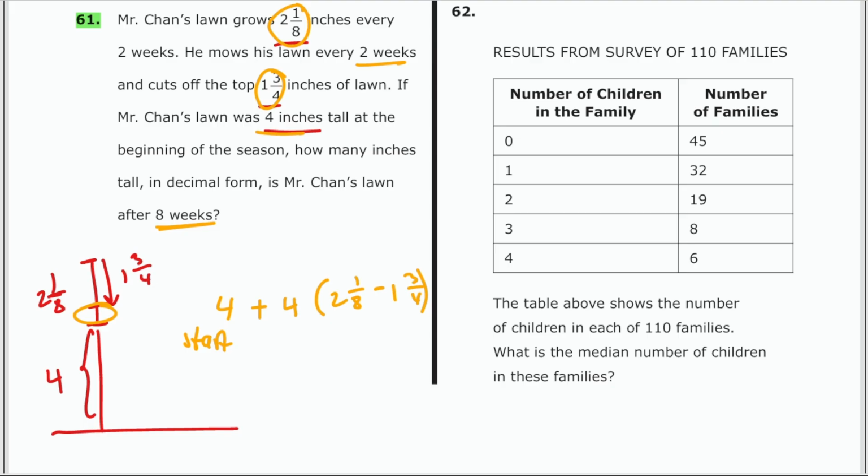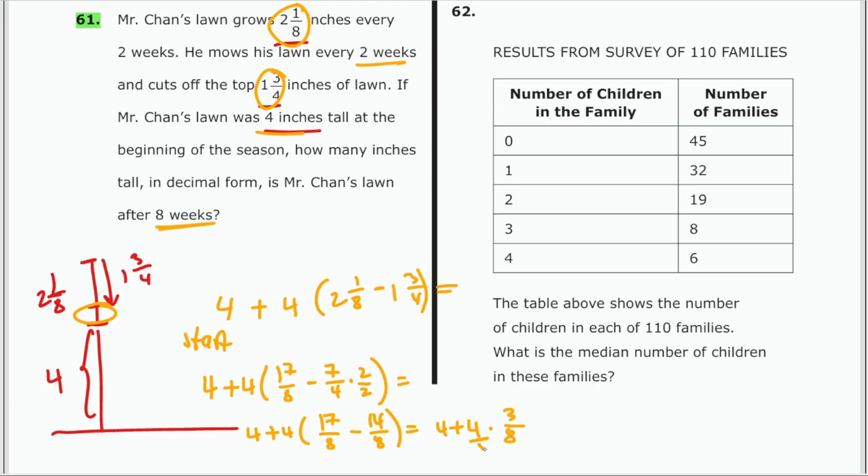How do I recommend solving this problem? So we keep it as 4 plus 4. Now let's turn everything into improper fractions. So 2 1/8, that's 17/8. 1 3/4, that's minus 7/4, right? Now, if you multiply this by 2 over 2 to get to the common denominator, we get 4 plus 4 times 17/8 minus 14/8, which is equal to 4 plus 4 times